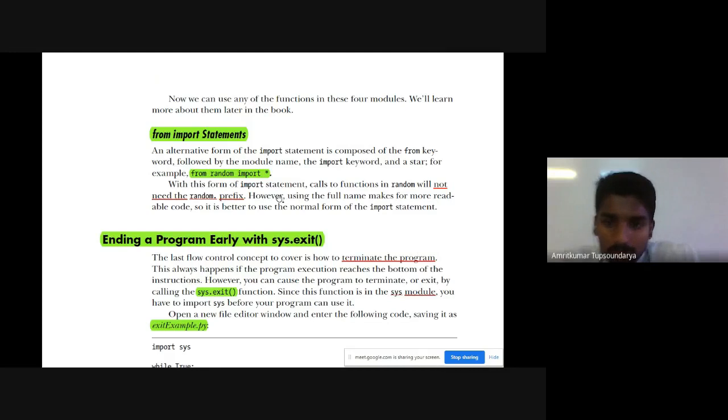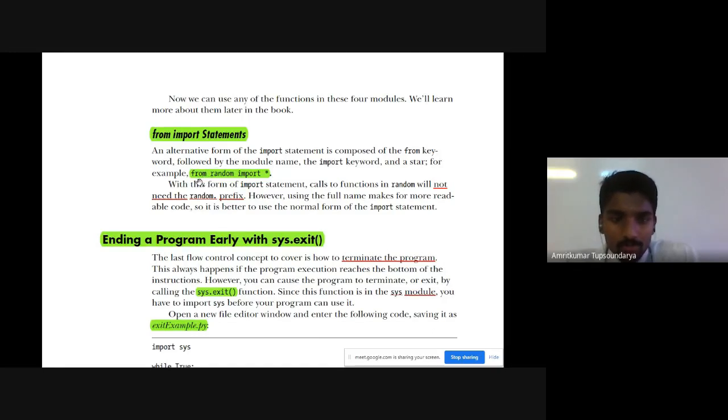But there's one more method to import, right? The other method is using the from import statement. What does the from import statement do? It allows you to import various functions within that module by declaring it only once, right? For example, this is the syntax for it.